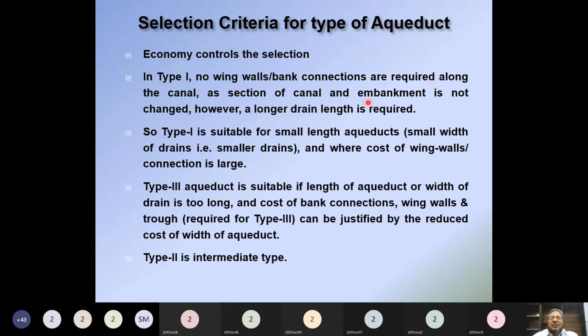So as section of the canal and embankment is not changed, however a longer drain length is required. ठीक है ना? So type 1 is suitable for small length aqueducts. बात समझ आ गई है? जहाँ पे जो ड्रेन्स की विड्थ है ना वो थोड़ी है, वहाँ पे ये अच्छे ठीक रहेंगे। And where cost of wing walls and connection is large, तो वहाँ पे आपने ना विंग वॉल देनी है ना कनेक्शन देने हैं।